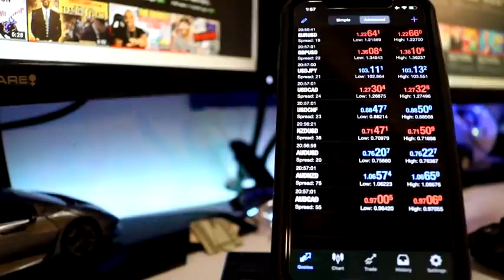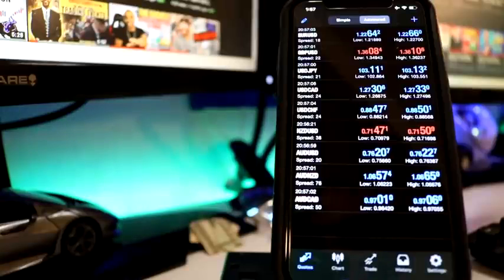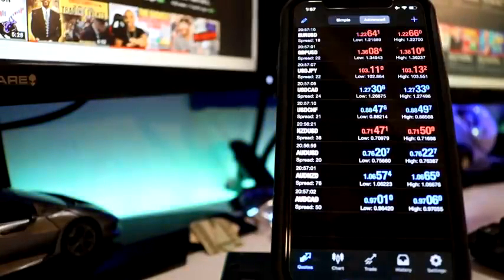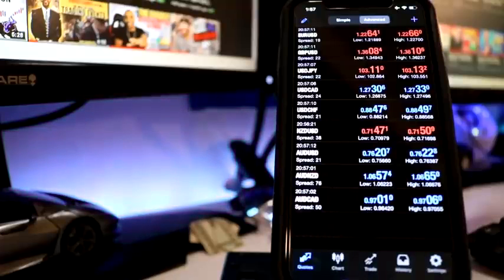Alright, so this is the MetaTrader 4 app. Some of you here may already have it downloaded. Some of you may just be interested. You heard a little bit about it, and you're just doing a little bit of research before you actually download the app. So first and foremost, as I addressed earlier on in the video,